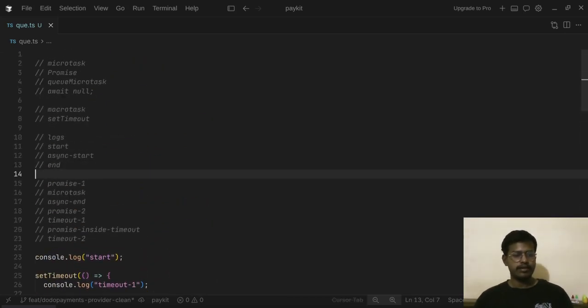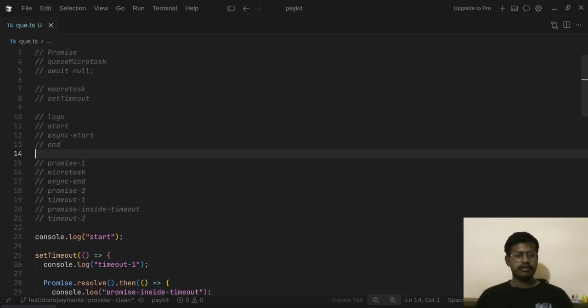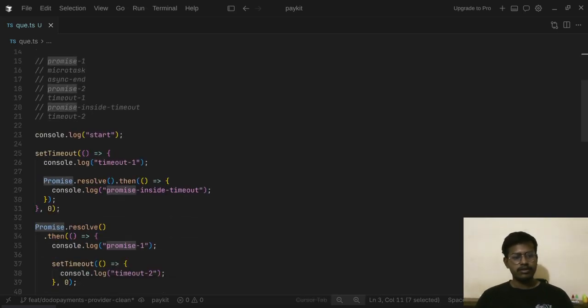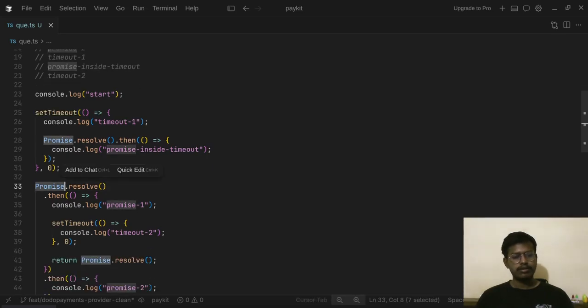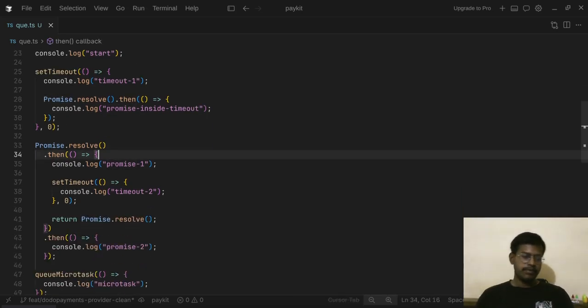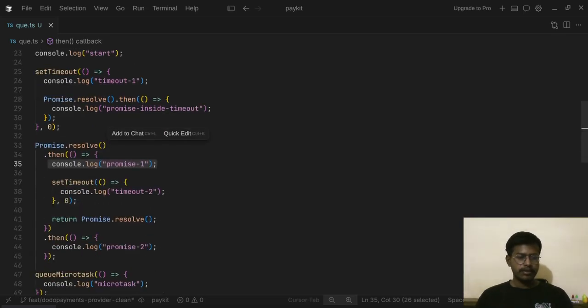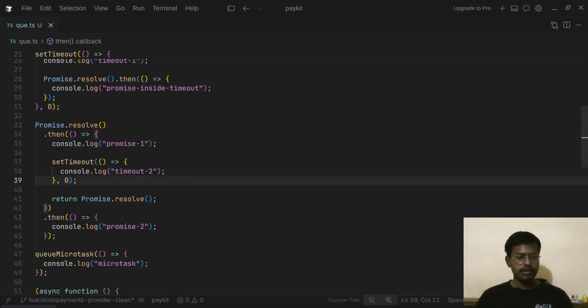Here you can see the end. After this, the promises one by one start getting executed. The first promise that was gone inside this was this promise. After this runs, it console logs promise one. This is easy. After this, another setTimeout is